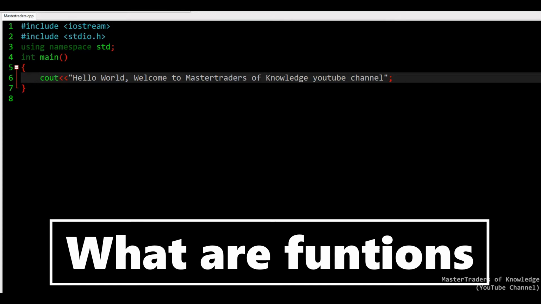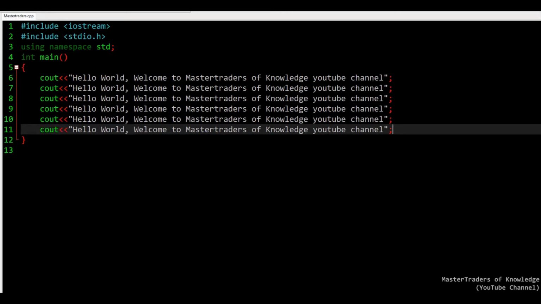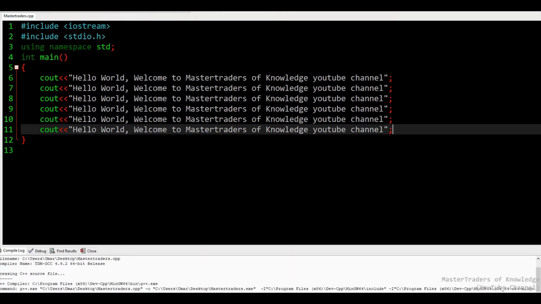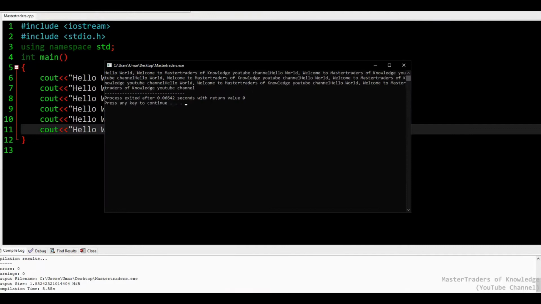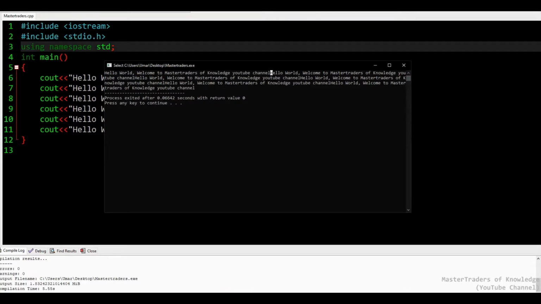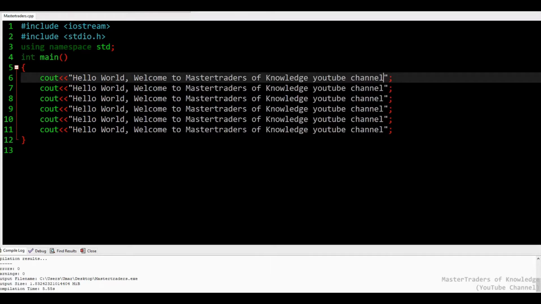What if I want to print this line 6 times? And then I will compile this, and when I compile this I will see my code, and you see when my line ends here, the next line starts from here too. So I want the next line to start from the next line. So how will I do that? I will close this, and at the end of each line I will